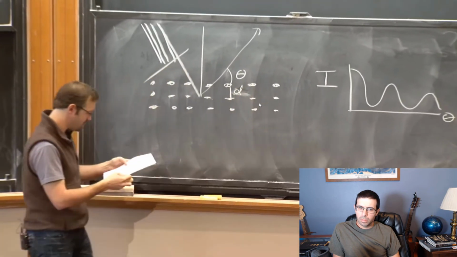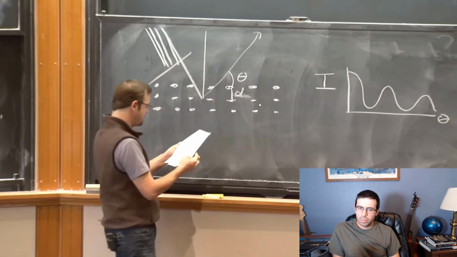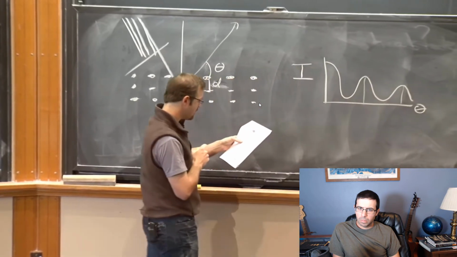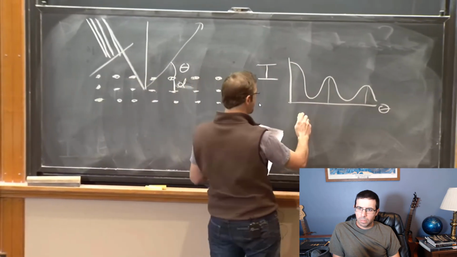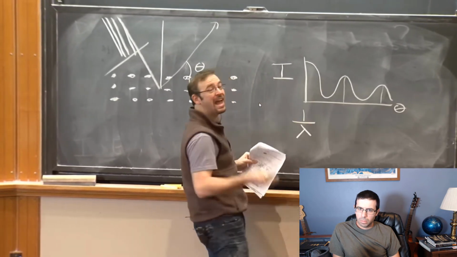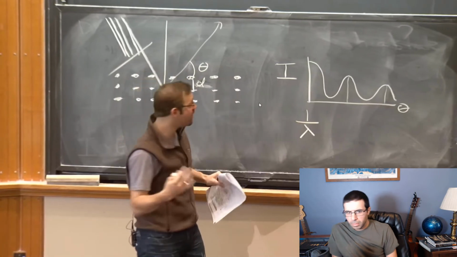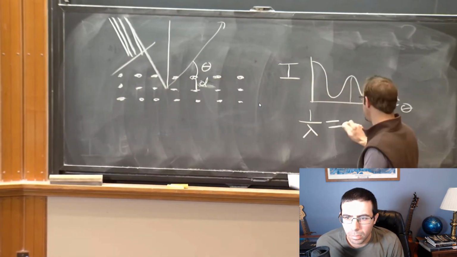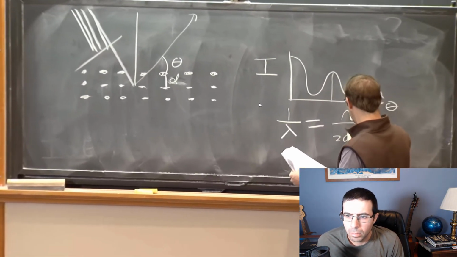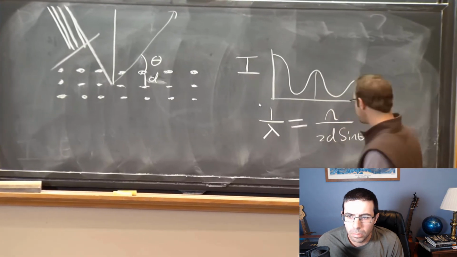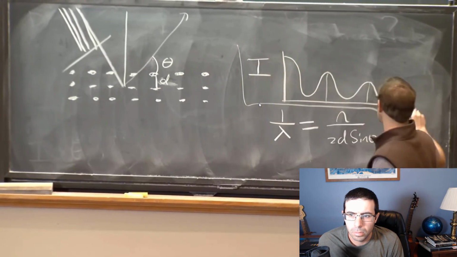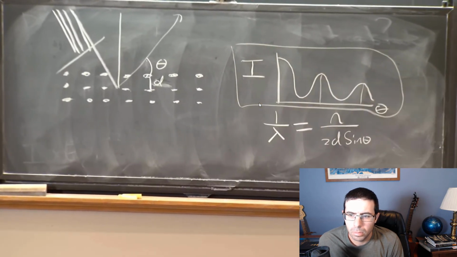So if the distance between the crystal planes is D, what they discover is that the interference effects that they observed, these maxima and minima, are consistent with the electrons behaving as if they were waves with a definite wavelength, with the wavelength lambda being equal to some integer n over 2d sine theta. Okay, so these are the data they actually saw. Data are plural. These are the data they actually saw.